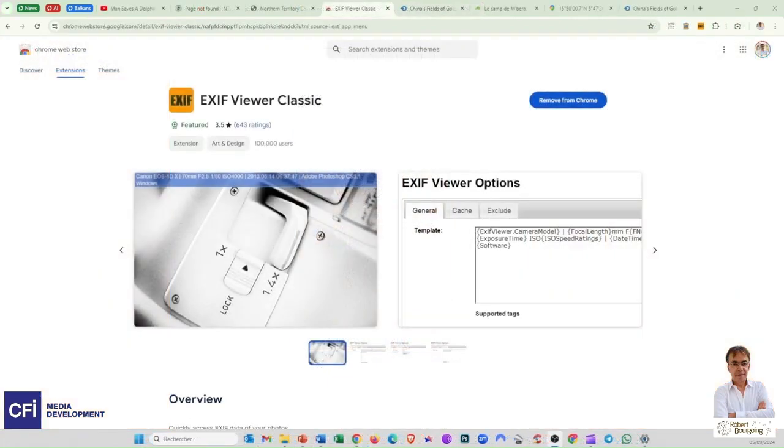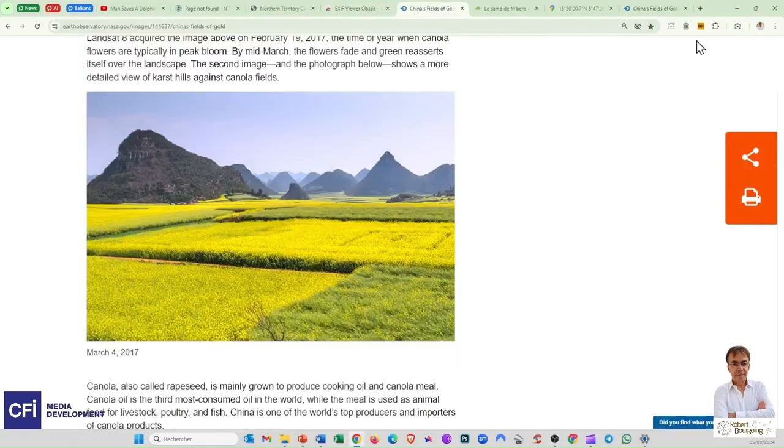A third example of a tool I use regularly is the Exif Viewer Classic extension. Photos taken with smartphones generate image files that include not only the pixels that make up the image, but many additional pieces of information. By default, social networks such as Facebook and the like automatically erase such information when you upload photos. But sometimes on regular websites like this one, if your browser has this extension installed and you just